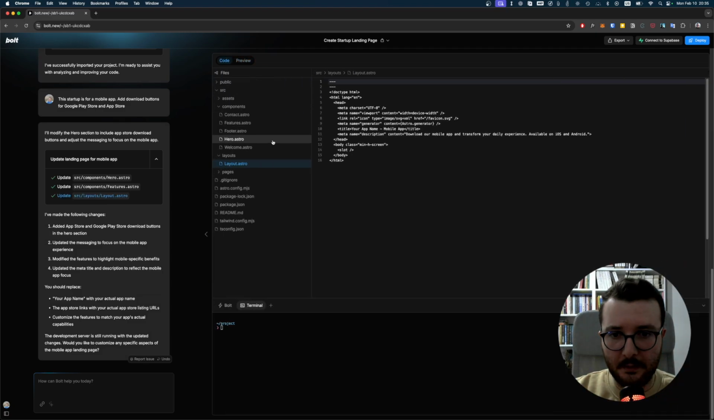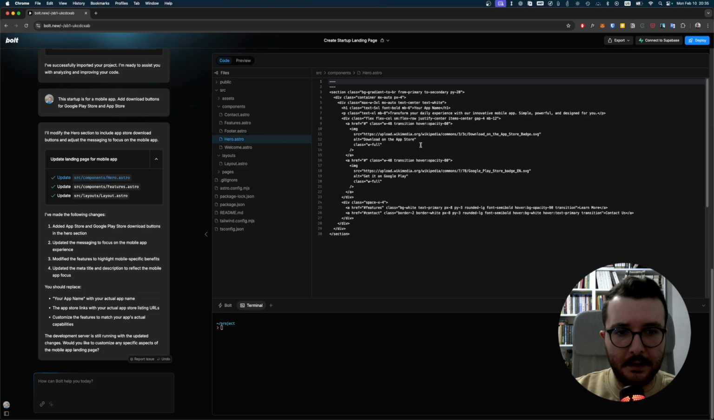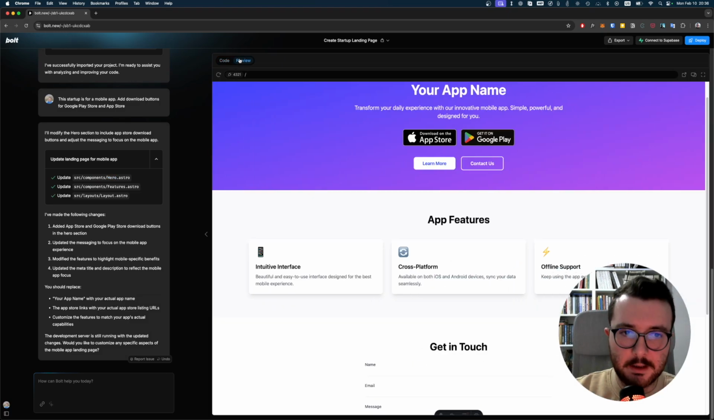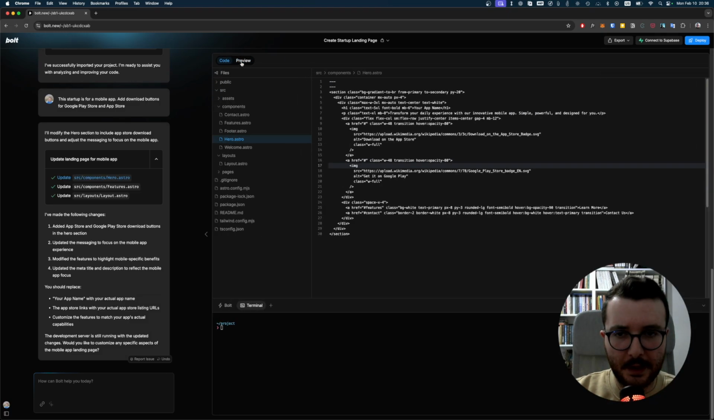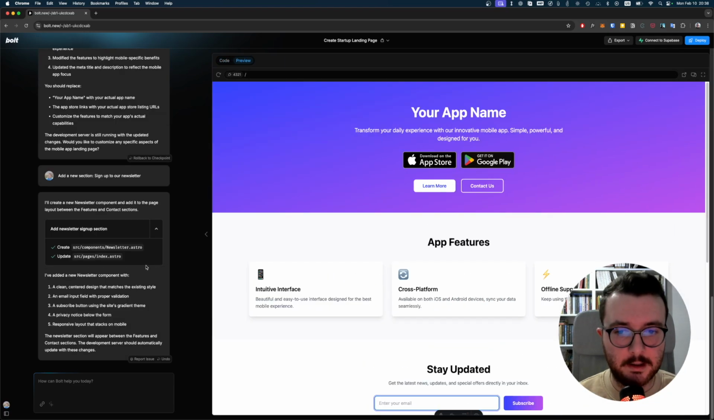I want to see the hero section, so this is layout, so this is hero. It found an SVG from Wikipedia. Wikimedia, it found this icon and also found the Google Play Store icon and used them in the hero section. Okay. Now I want to make more changes and involve some interactivity. I wonder if we can add any animations. Maybe we can add